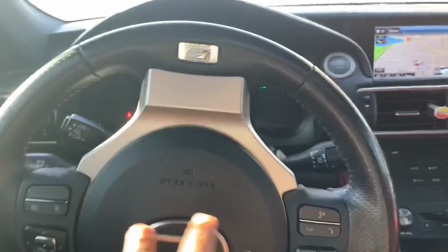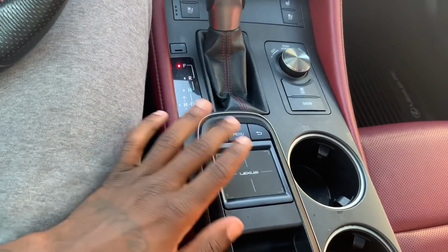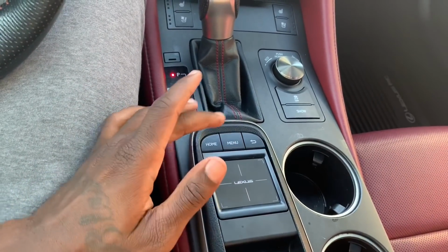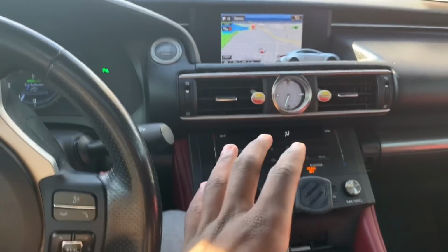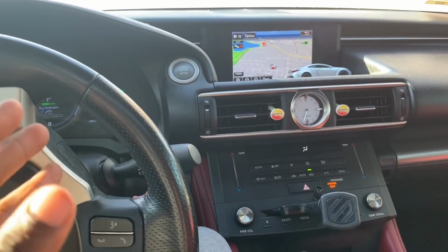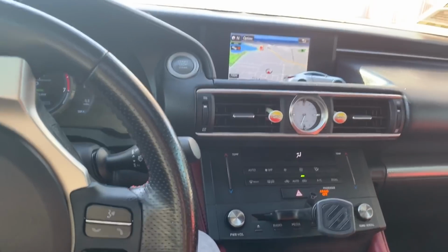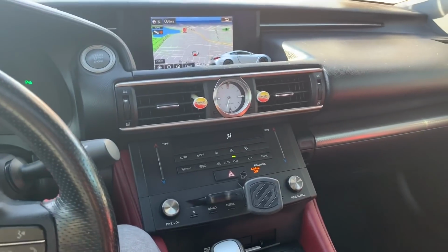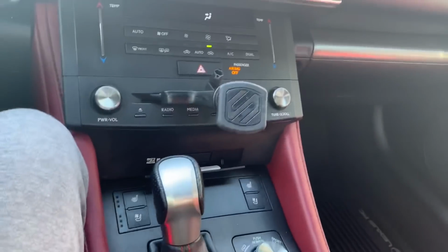I don't have to press buttons on the steering wheel. All you gotta do is just go here and control everything right here. You got the home menu and the go back button. That's one thing I love about this car. It's amazing on the interior, and it just gives you so much definition of the car, and I just love it. I love it. Also, number 5 thing I like about the interior of this car is that I love